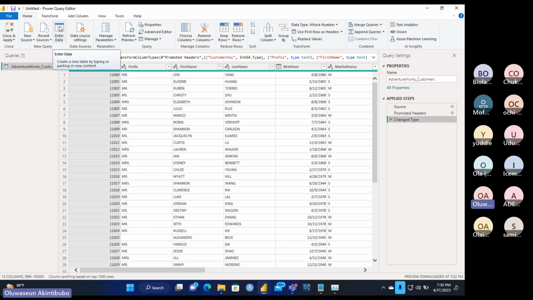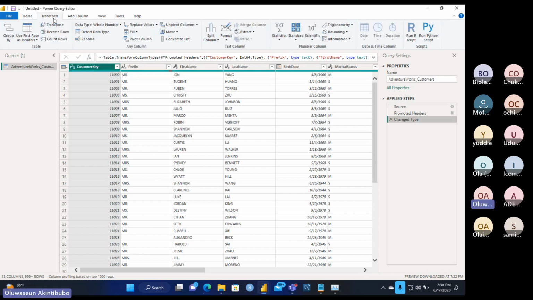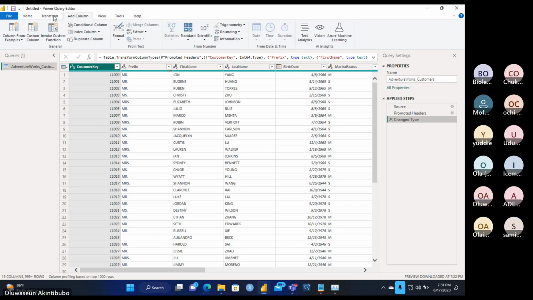Now, there are two menus that I need you to pay attention to. I want you to understand this once and for all: Transform and Add Column. If you look at it, they look alike. We use the Transform menu to modify existing columns.